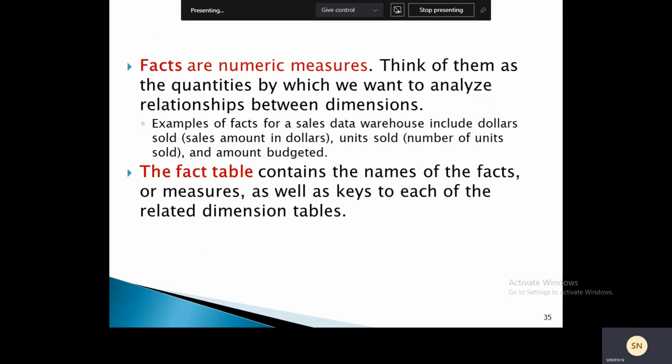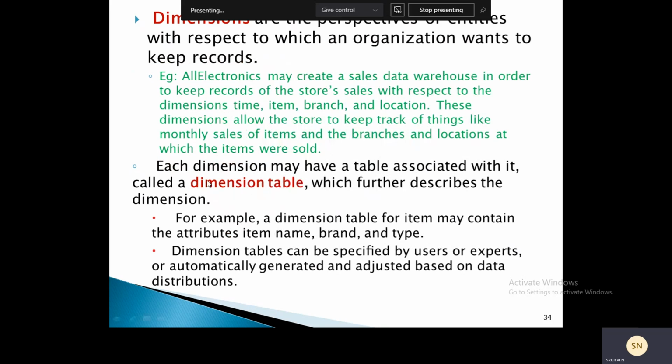The facts are numeric measures. Think of them as the quantities by which we want to analyze relationships between the dimensions. For example, a sales data warehouse will include dollars sold, units sold, and the amount budgeted. Facts are nothing but numeric measures.